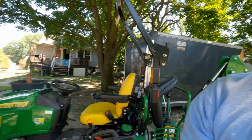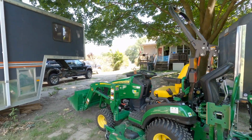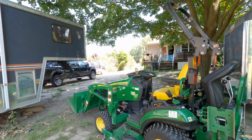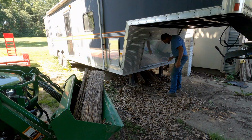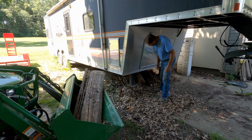So stay tuned. This is going to be an eventful thing. It's not all going to happen overnight. It's going to happen a piece at a time, and the John Deere is going to play a significant role in this project. If only it could do it all, that'd be great. All right. So I've already started cleaning all this out, but